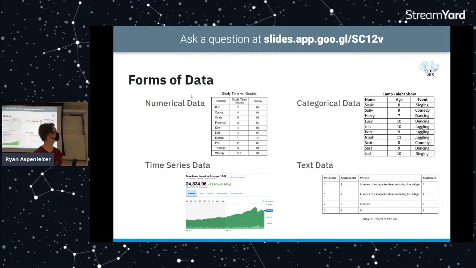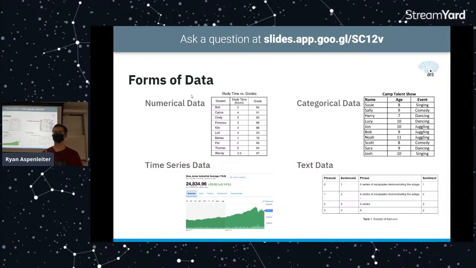But going back to this, I talked about numerical data and categorical data. There's also time series data. An easy example is the stock market. That's why I have that up. Basically, it's a set of data and how it changes over time, because how data is arranged time-wise has a pretty big impact on how you should interpret it.